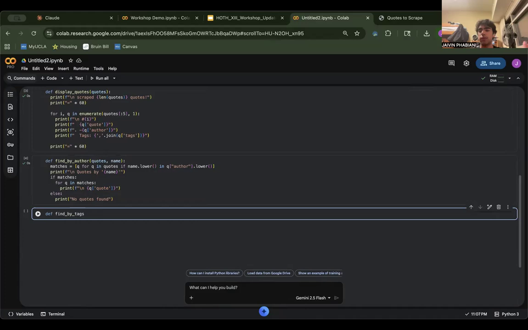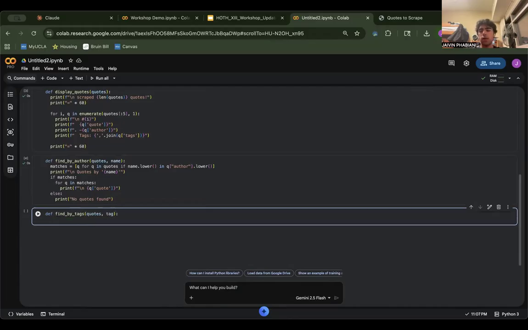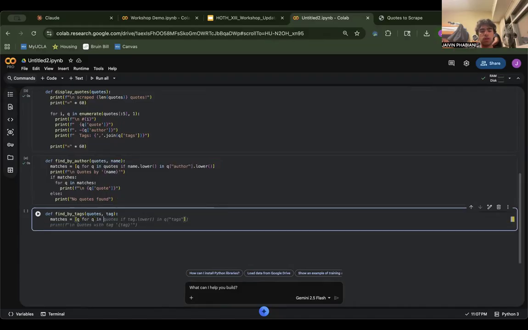Because if we want to look for a quote, we want to find some quotes that have certain tags, right? So we're going to take in our quotes and we're going to take in the tag that we're looking for. And pretty similar to the last one, we're going to say matches is equal to Q for Q in quotes if tag dot lower in